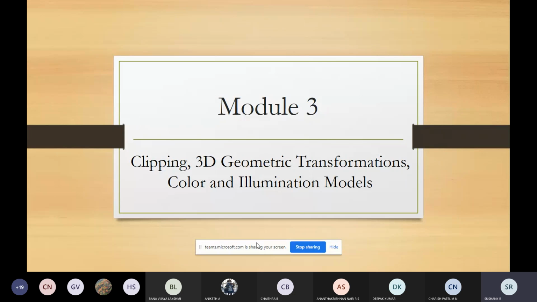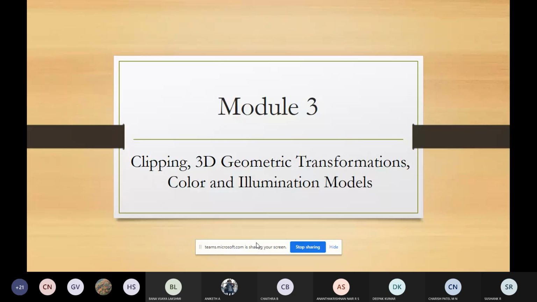And one more thing is polygon clipping. One is line clipping algorithm, and the other one is polygon clipping algorithm, which we will call the Sutherland Hodgman polygon clipping algorithm. So first you should know about clipping window, display window, and all. After that, we'll study these two algorithms, line clipping and polygon clipping. Then we'll proceed to geometric transformation: translation, rotation, scaling, all these things. So the first one is clipping.